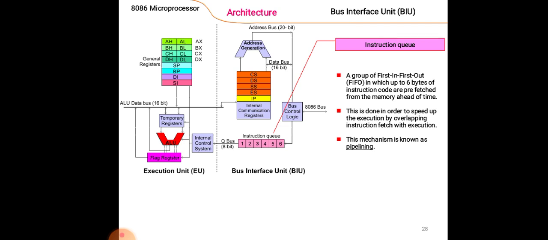Then the next register in the bus interface unit is the instruction queue. Previously we have seen the instruction queue. The instruction queue of 8086 is 6 bytes in size. It is a first in first out